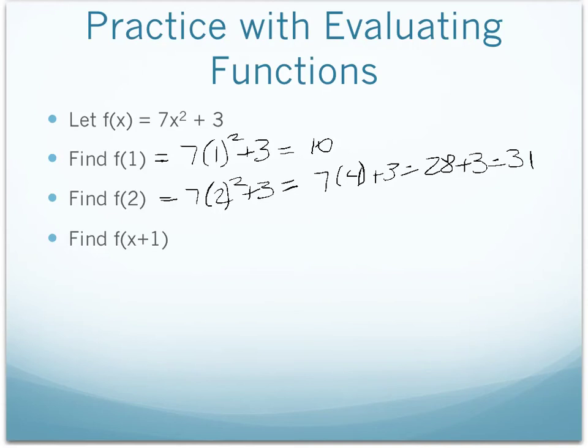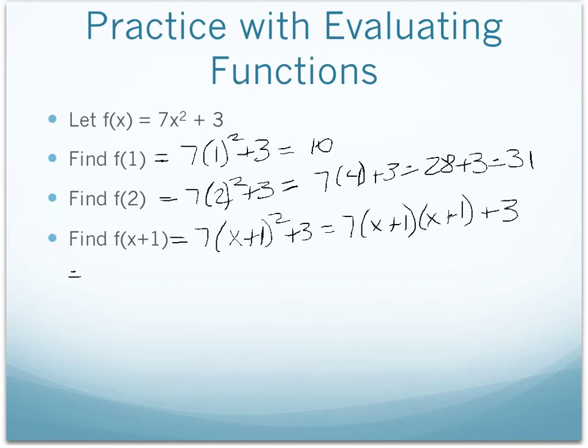How about f of x plus 1? We don't always have to have a numerical input. Sometimes we might have a variable input. For this, we'll take 7 times x plus 1 squared plus 3. Now for this, we're going to have to evaluate x plus 1 squared. When we multiply that out, it's going to be 7 times x plus 1 times x plus 1 plus 3, which is equal to